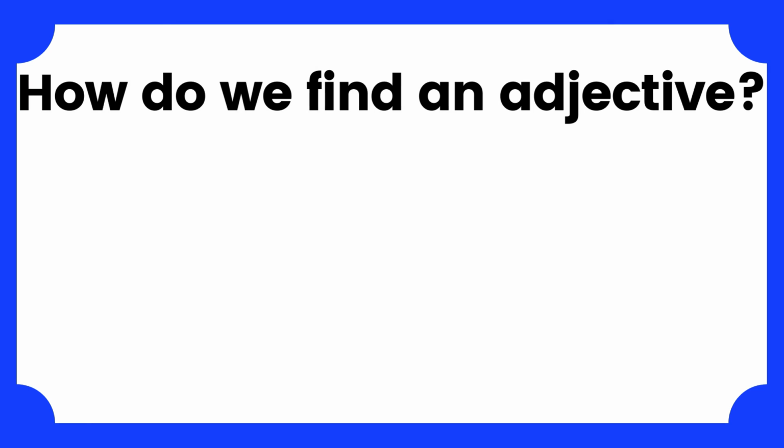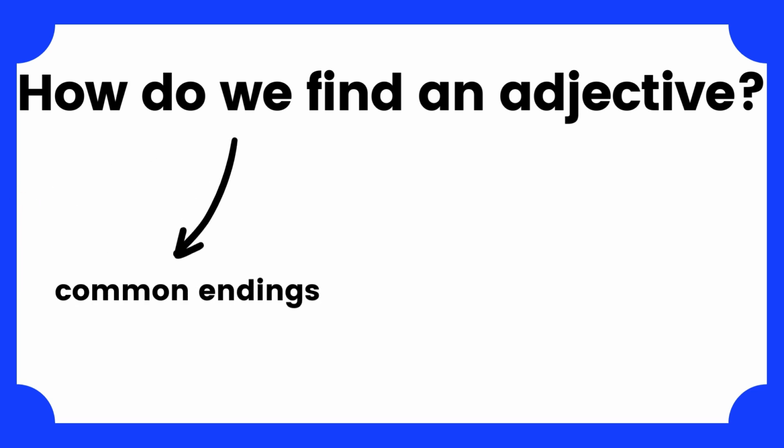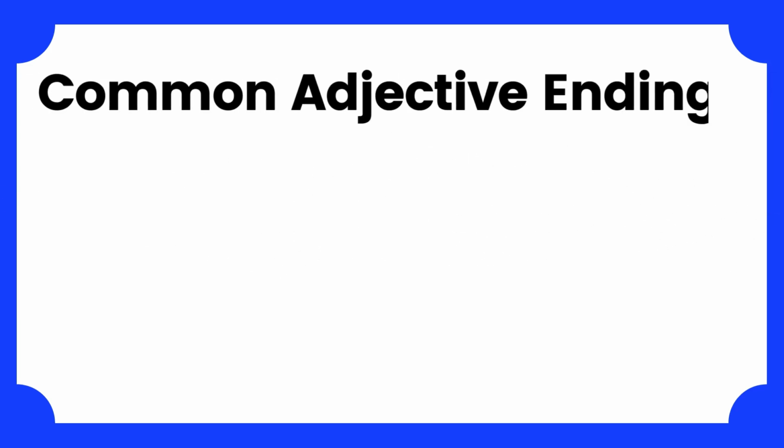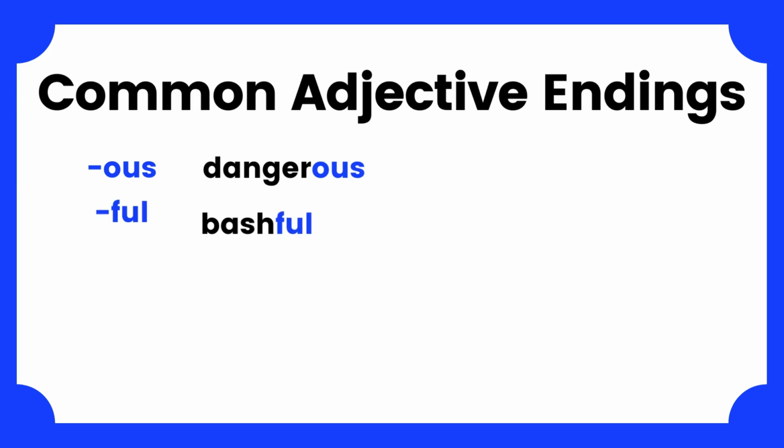So how do we find the adjective in a sentence? Well, we can use two strategies. We can look for common adjective endings, or we can look at the sentence structure. Common adjective endings are OUS, like dangerous, FUL, like bashful,